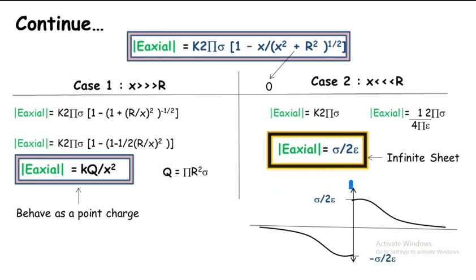Now the graph between electric field and x is given by, when we are very close to the disk, the electric field is sigma by epsilon naught, when sigma is